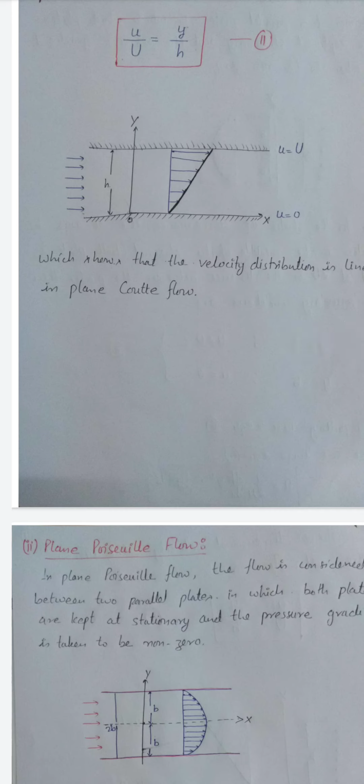In plane Poiseuille flow, the flow is considered between two parallel plates in which both plates are kept stationary and the pressure gradient is taken to be non-zero. Let the distance between the two plates be 2b and